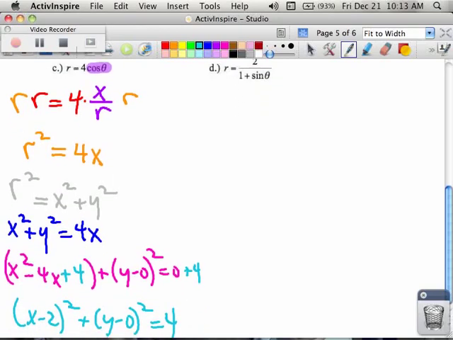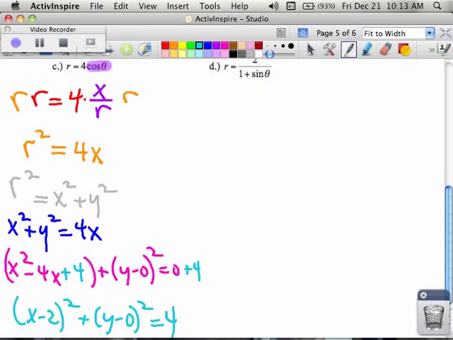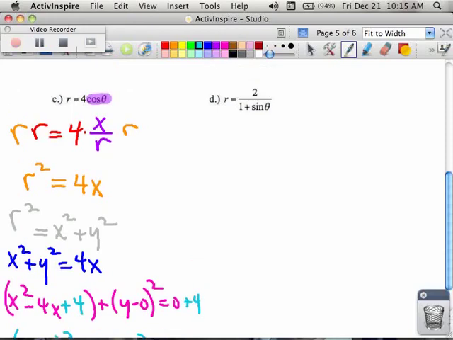And in our next lesson, after the break, we're going to learn about these things. Circles, limacons, and roses. But this is just one of the things that you can do going back and forth from polar to rectangular. So you have to get to the point where there are no r's, there are no cosines, no sines, only x's and y's. Questions? Okay, letter D is kind of a